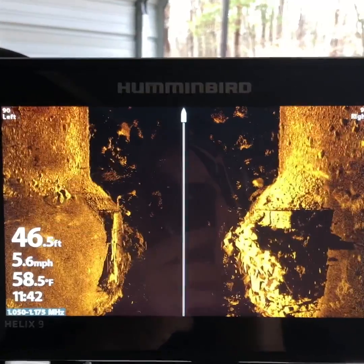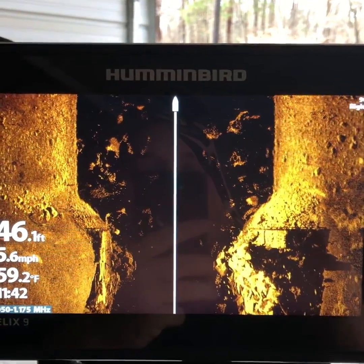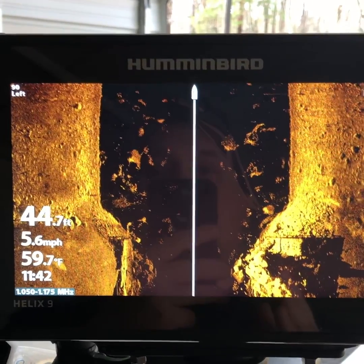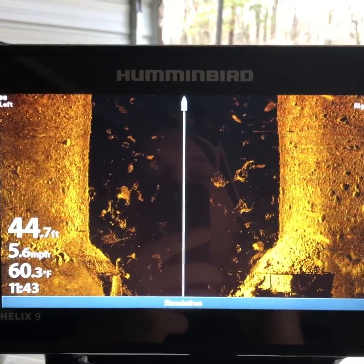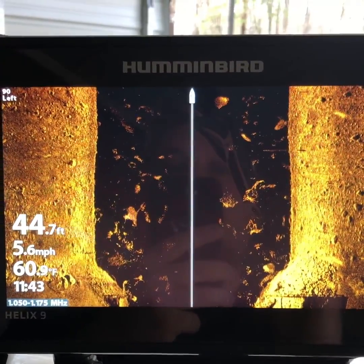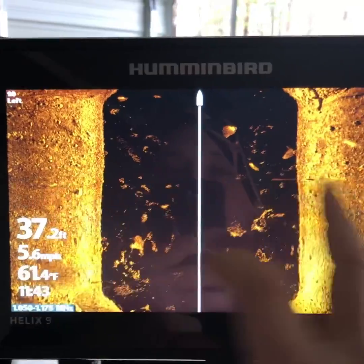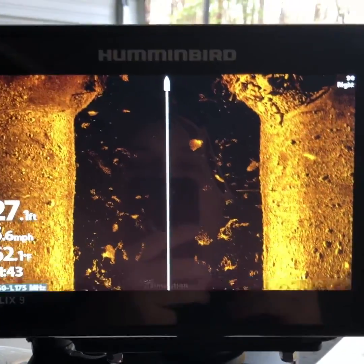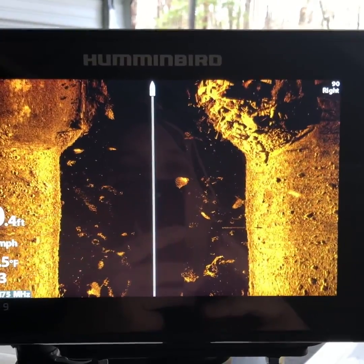Okay guys, so now we're talking about side imaging. Here's the thing about side imaging. If you do not have a big graph, so anything under a 10, you really don't want to go over 55 foot. That'll give you a crisp image. Anything under 55 or 55 and under will give you a great image, okay? Right now I do have it set on 90 feet, but it's because of the depth of water that I'm in. The biggest thing is the smaller the graph, the less pixels that you have,